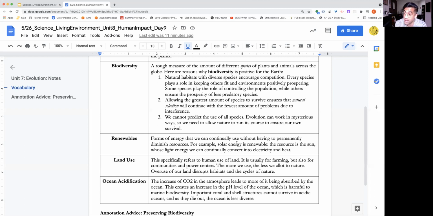And so that new kind of chemical balance in the ocean is harmful to a lot of species in the ocean. Specifically, coral and shell structures can't survive in acidic oceans, and as they die out, the ocean is less diverse. You might ask yourself again, why does it matter if that many species of coral survive? Well, microscopic bacteria feed off of the algae that plants on coral. Okay, in turn, they are consumed by very small amphibious life, small fish,